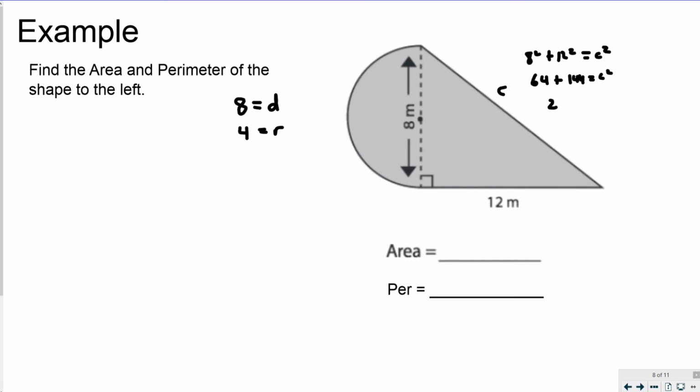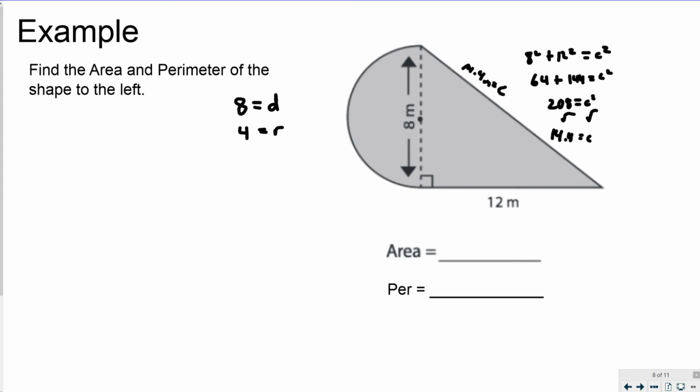You get 208 equals c squared. Taking the square root of both sides, c is equal to a decimal, 14.4 when we round it. So 14.4 meters equals c. And then what we're going to do is calculate the area first